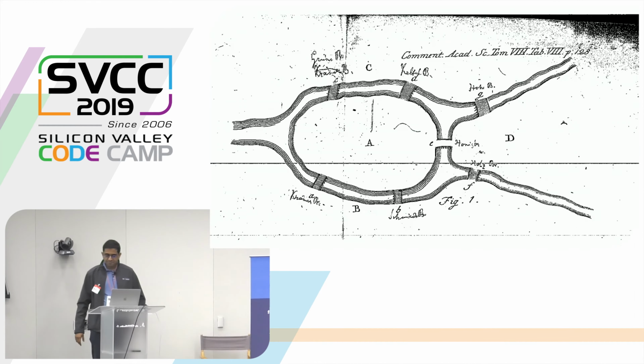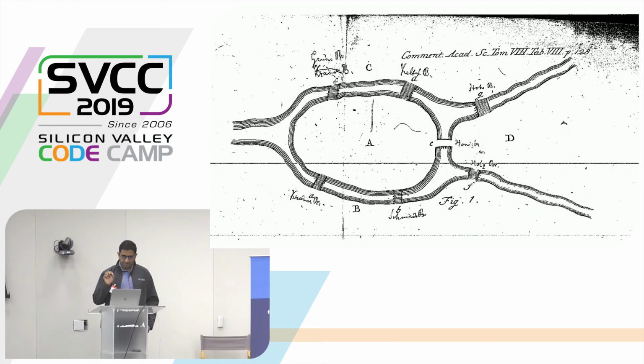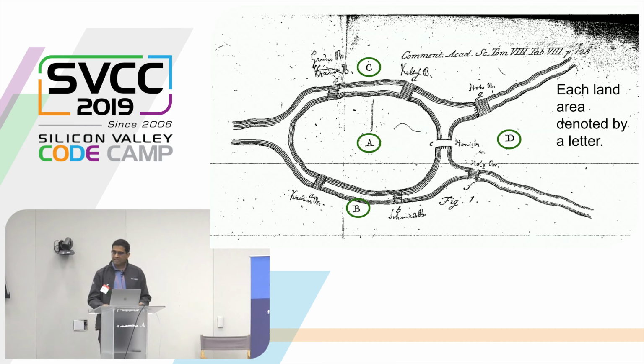Euler did solve the problem and published the solution to it in a paper. This is his original sketch from the paper showing a specific section of the map of the city of Königsberg. You can see here that Euler chose to represent the different land regions of the city by using 4 letters. So from Euler's perspective, it was not important what the shape or the size of each of these land regions was. All that was relevant was that there were 4 land regions, A, B, C, and D,